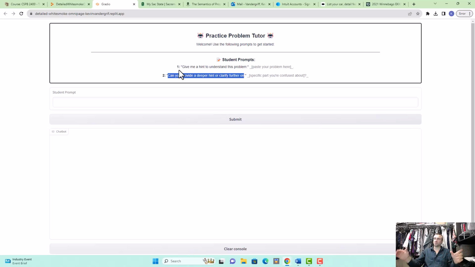So that was the other encouraging thing I saw. This is where the student submits their prompt, whatever it may be. They click the submit button, and it'll populate in this chatbot box, and it kind of looks like you're texting with it. And if the history gets too long, you can just clear the console. So you say hello. Not that anyone's going to do this, but